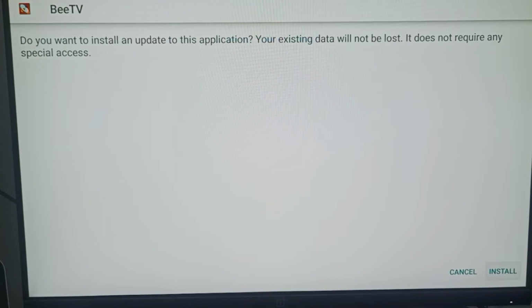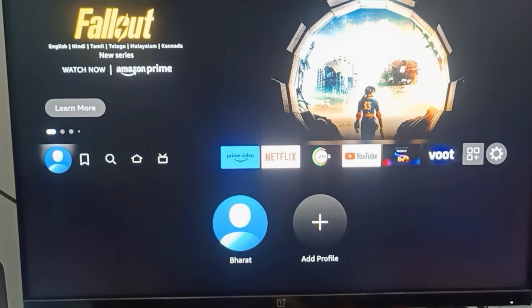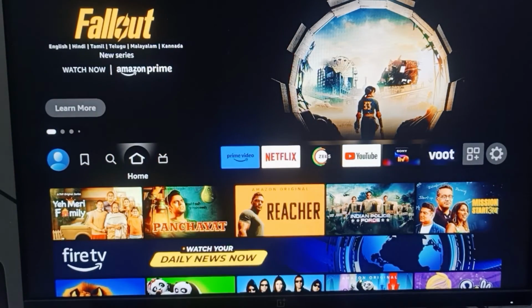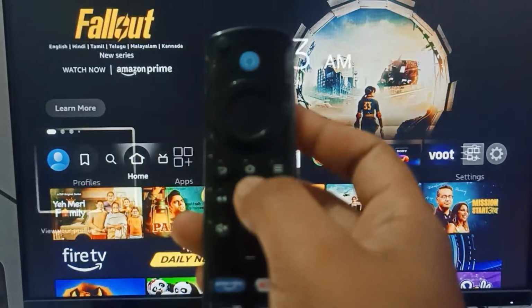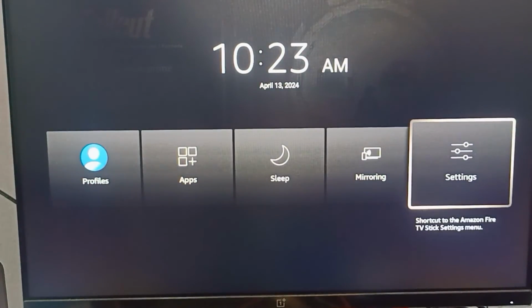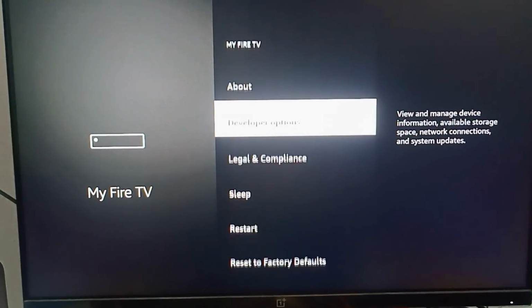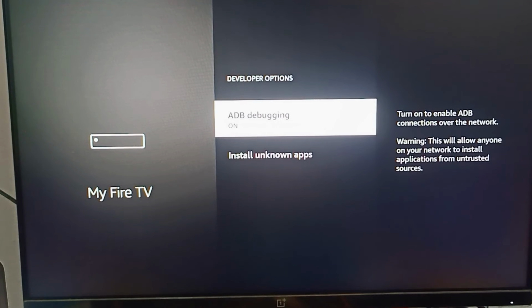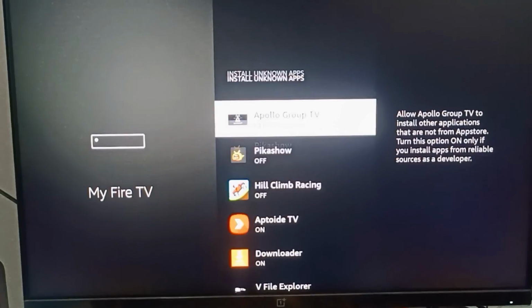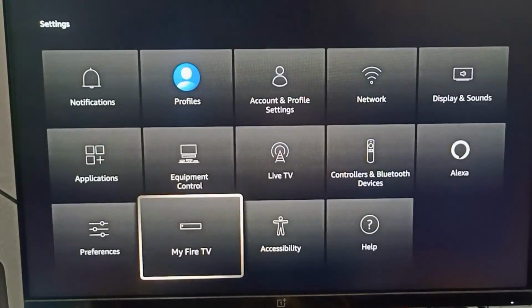One thing is, before installing, you need to give your system the permission to install the app. For permission, you can go to the settings. You can hold this button, so you can directly move to the settings option. I am holding this button for 5 seconds. So I am going to the settings option. Here you go to My Fire TV, then Developer Options. My developer options are on and install unknown apps is also on. So you can give permission to your Downloader from here, and you can install any app and enjoy any third-party app